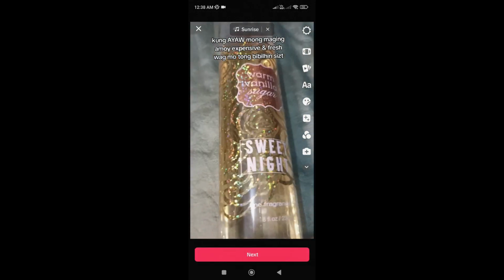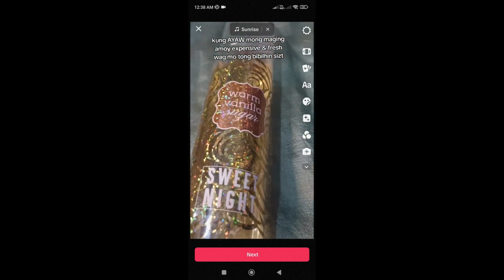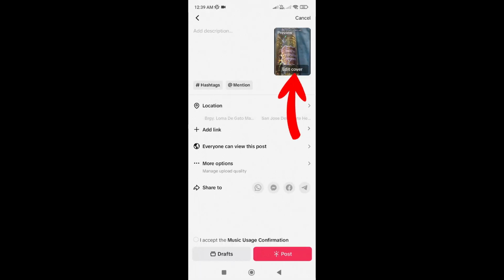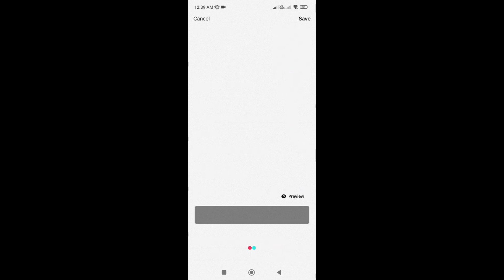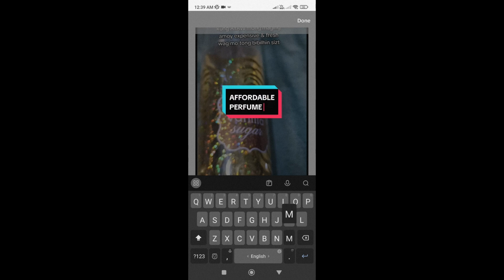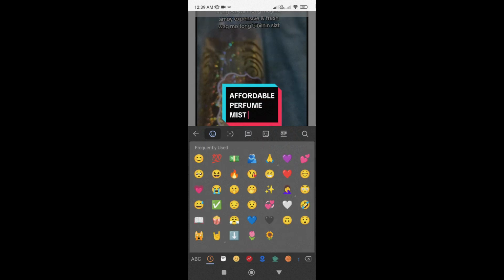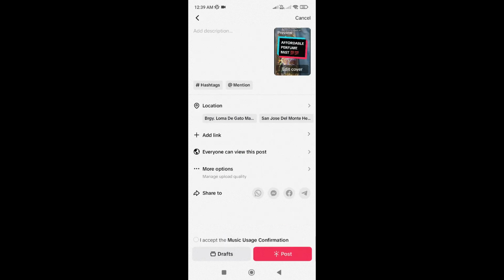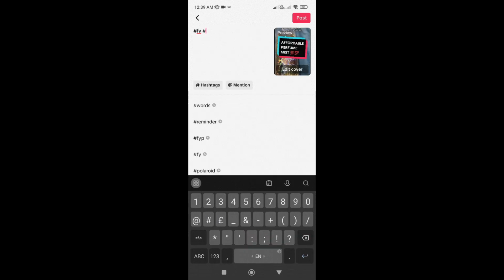After recording or editing your video, here you can edit the cover, add captions,